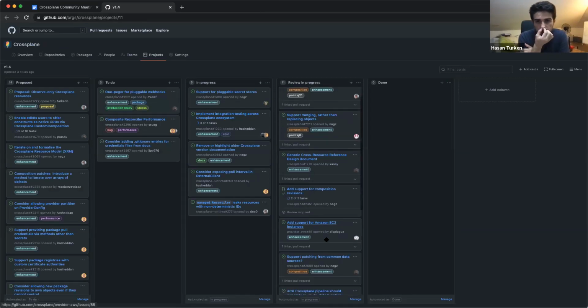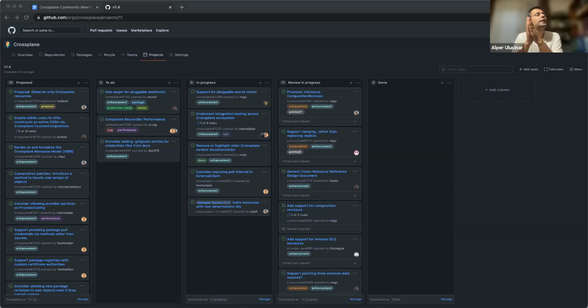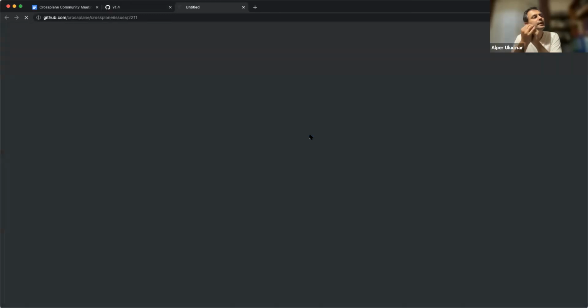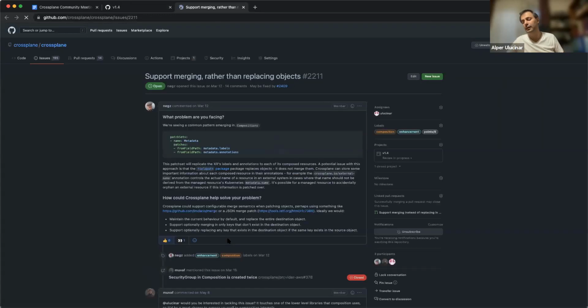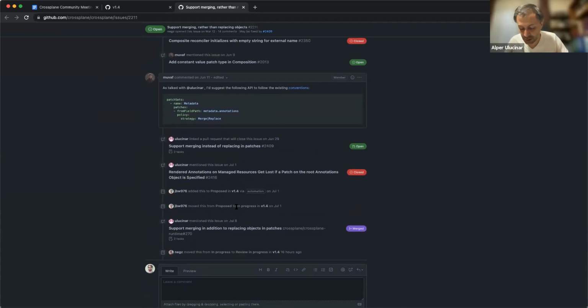And Alper, do you have something you want to update the community on for 1.4 and some of the work you've been doing? Yeah. Regarding support for merging rather than replacing objects, it had a companion pull request in Crossplane runtime, which got merged.